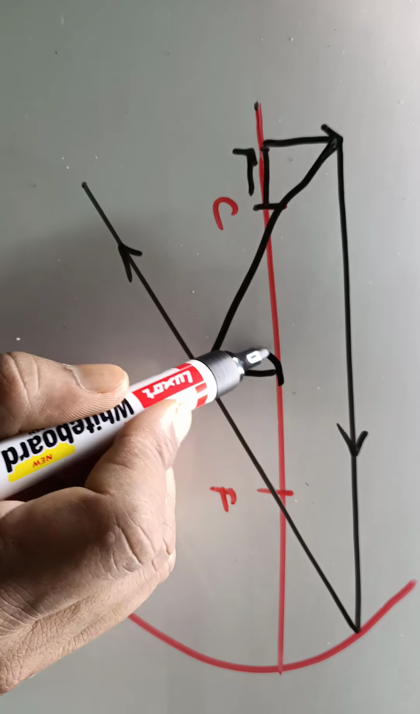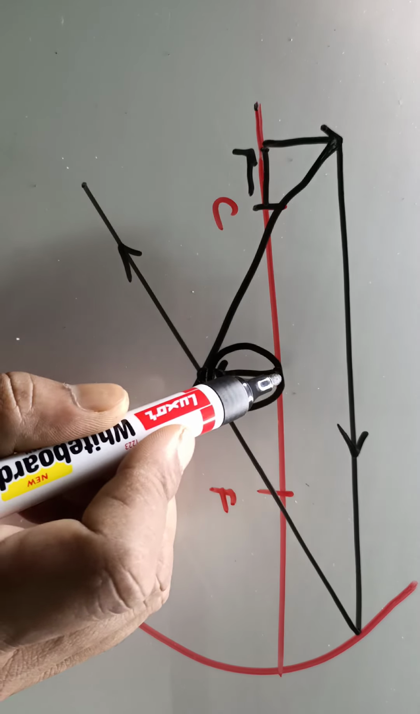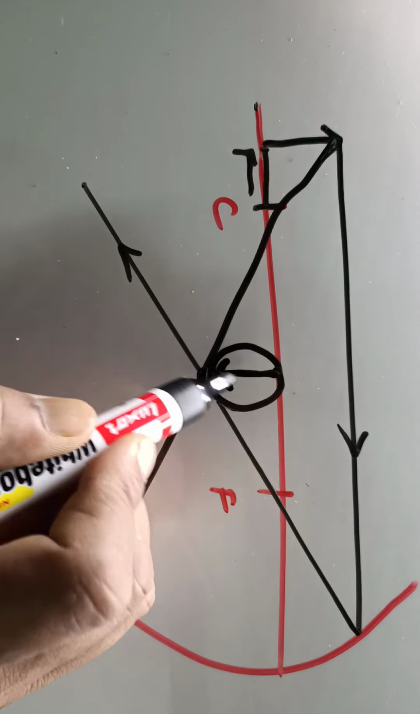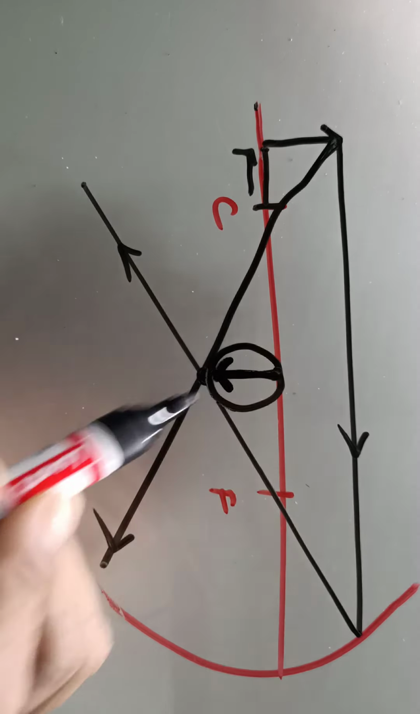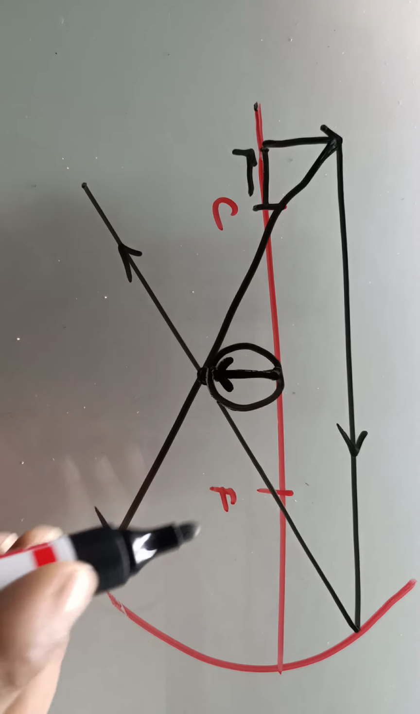You will find that this image is formed below the principal axis, and since it is below the principal axis, it will be inverted. That's why the arrow is marked in the downward direction. So now